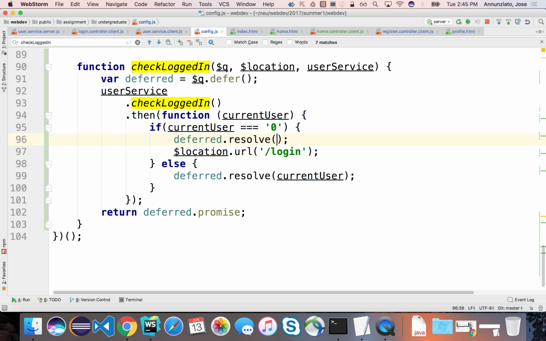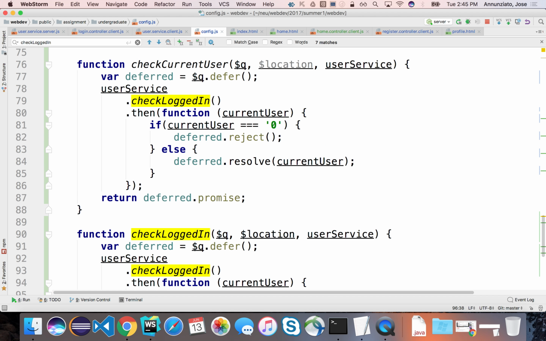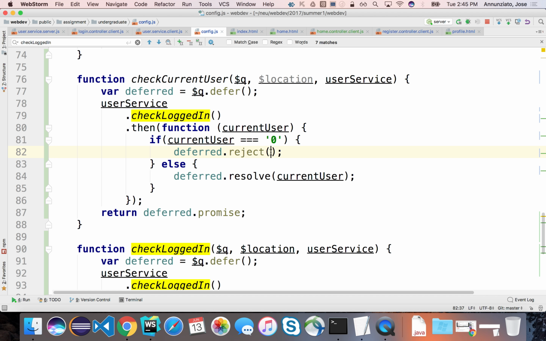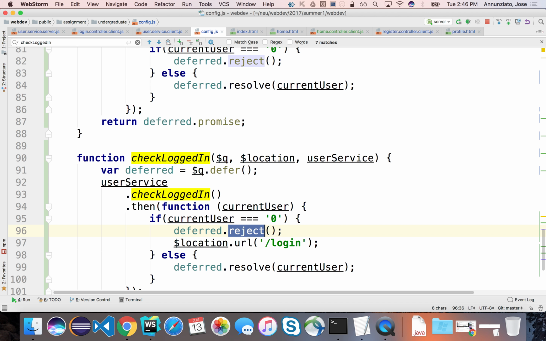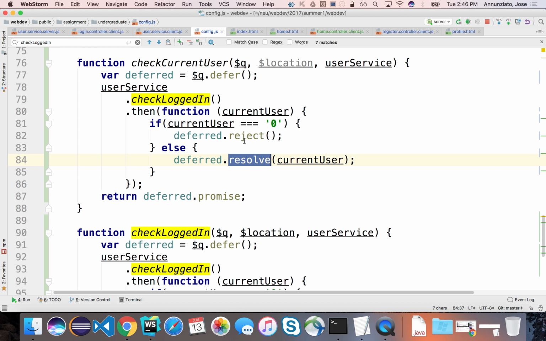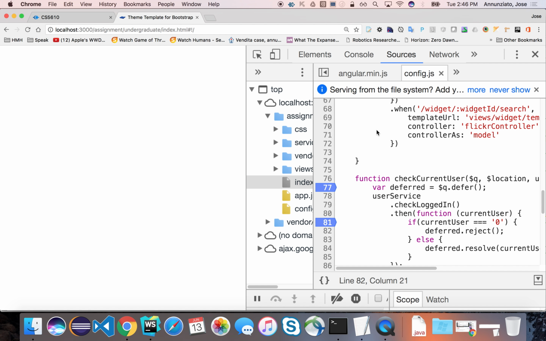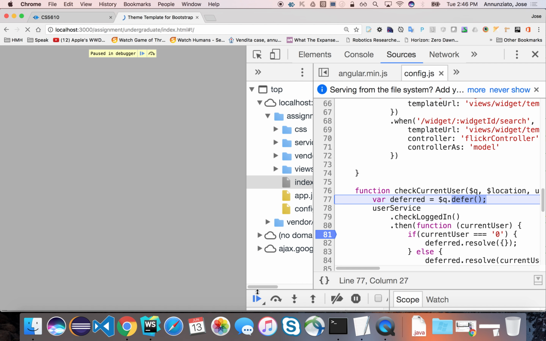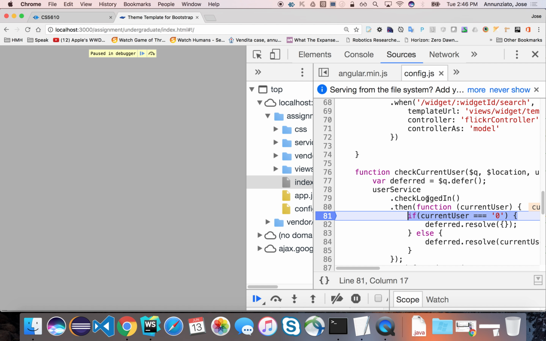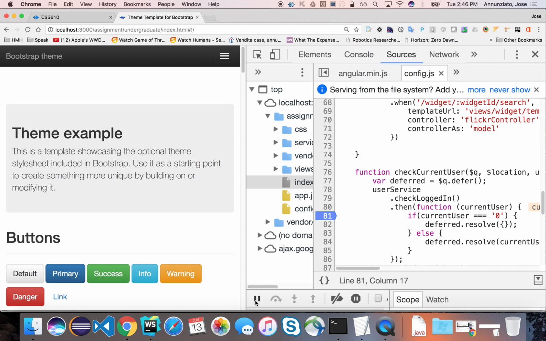Thank you. So I'm going to resolve, but in this case, I don't have a current user, so I'm going to pass in just an empty object. Okay. All right. So let's try that again. Okay, I got to defer. It's going to come back. It's going to resolve an empty object. Okay. So now it's letting me go to the home page,